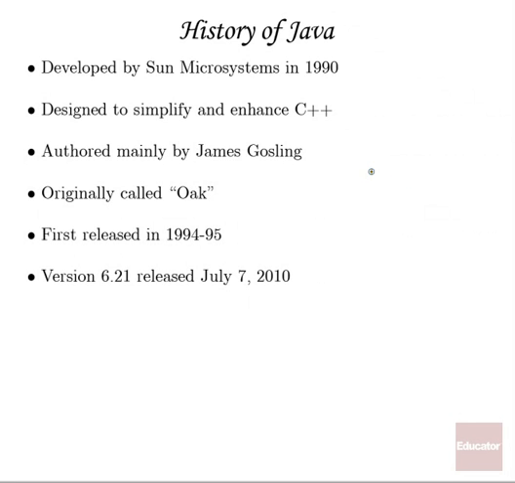Java's been around for quite a while in terms of modern computer programming languages, and Java was originally developed starting around 1990 by Sun Microsystems in the California Bay Area. It took a while before it was developed and fully ready to be released, and they knew exactly what they were going to do with it. The development of the Java programming language and the development and popularity of the internet really go hand in hand. Originally, Java was designed to simplify and enhance C++.